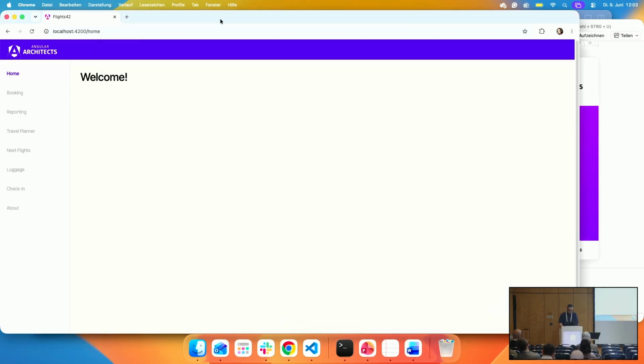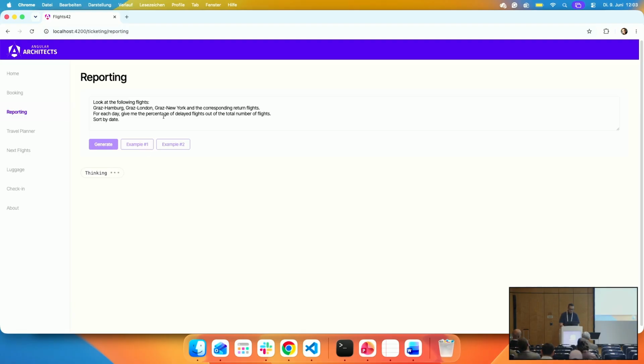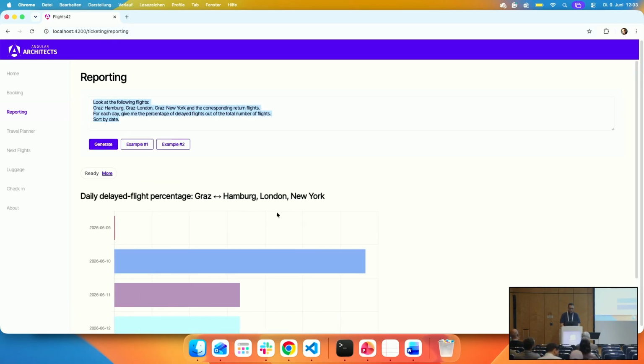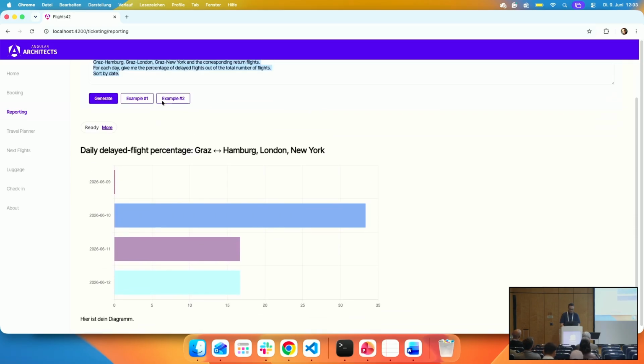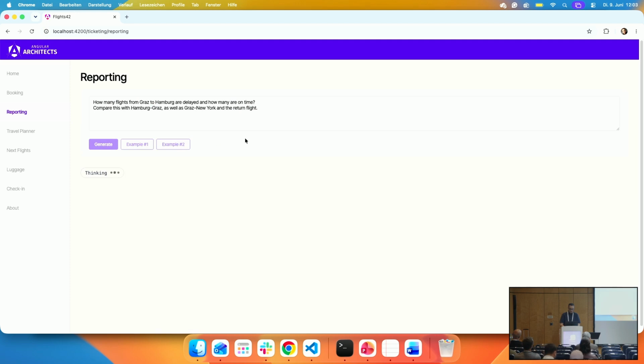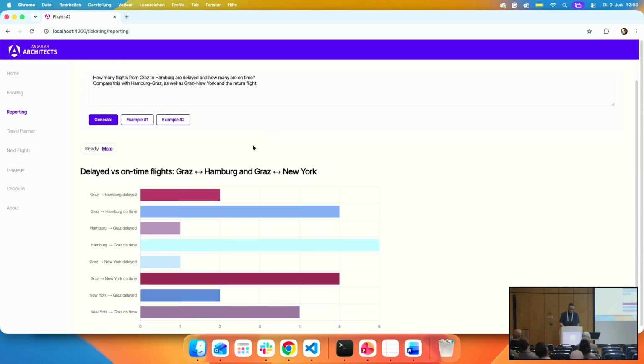In this demonstration, I have here my simple example application that has implemented several agentic use cases like dynamic reporting. Here I am defining what I want to see, and after some thinking, I get this very report. Here another report where I will quickly tweak the prompt in 1 minute. This is about delayed flights and flights that are in time.